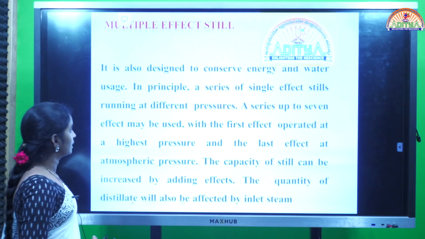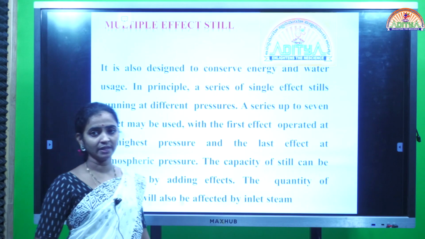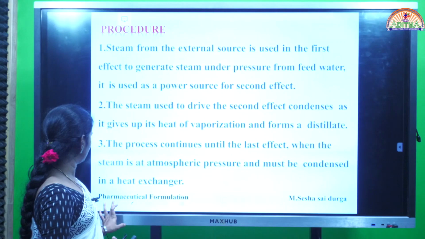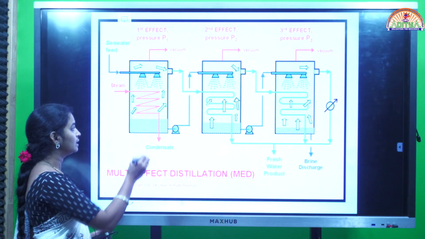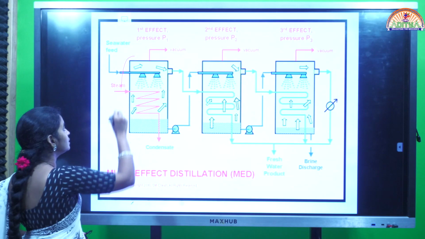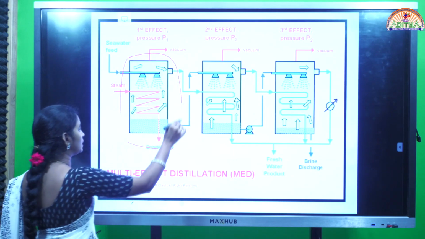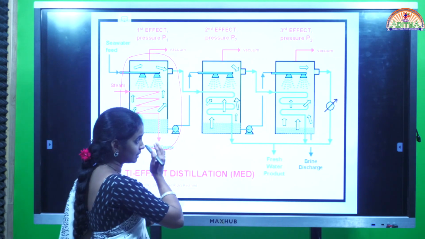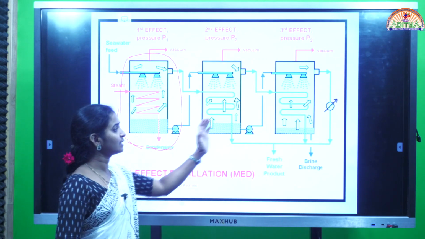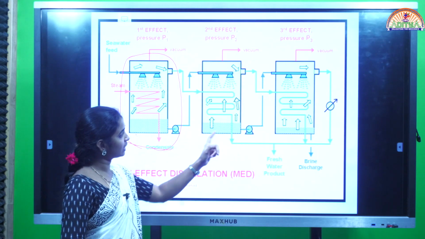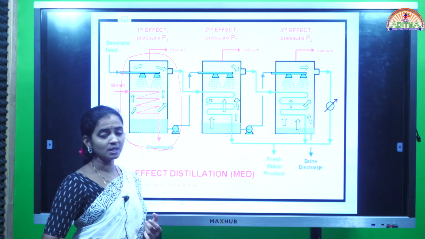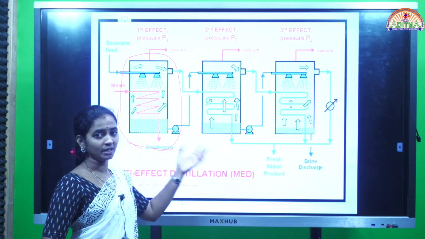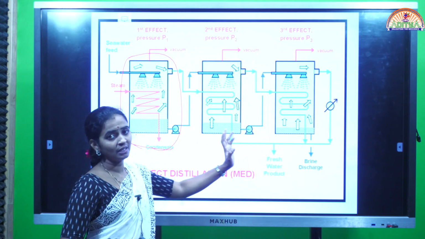And now the second one, this is the multiple effect still. So multiple effect still, what is happening here? By the name we can understand that this is one boiling chamber, and the same boiling chambers will be serially connected one by one. In this way we can reduce the power consumption and energy consumption; economically it is a better one when you are connecting serially one by one.